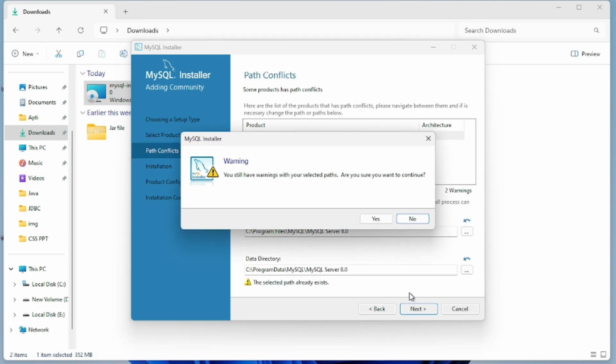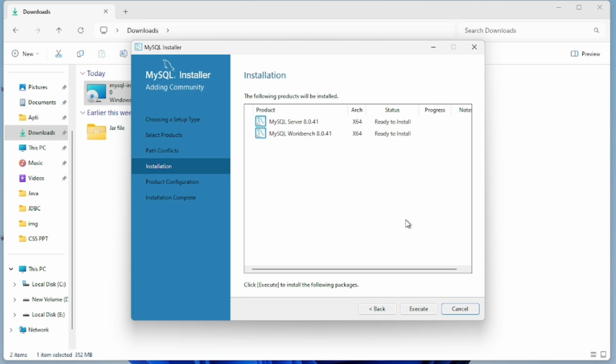Again Next. And here we need to install. So click on Execute. After that the installation will be started. So wait, after installing we will see how to configure MySQL Server and MySQL Workbench. So wait guys. So the installation will be completed. Simply click on the Next button